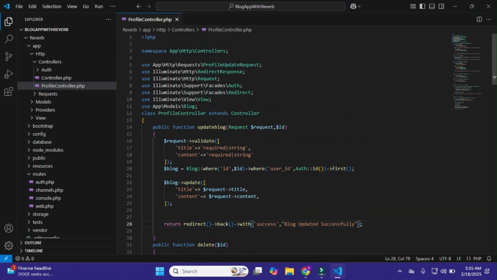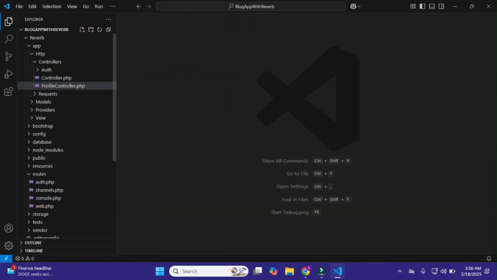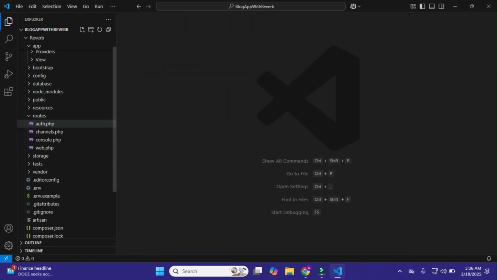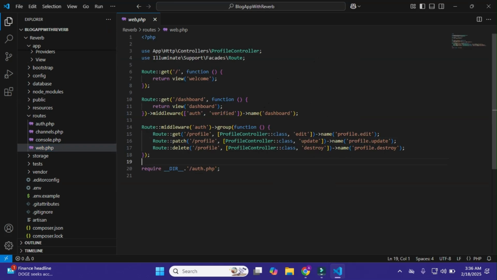Okay, and for this we just simply do this, and now I'll just simply define the route, and later we can add events in it. Okay, and now I'll just simply come to my web.php, and within here I'll just simply define the routes. Okay, so I'll just simply copy it and paste it here.